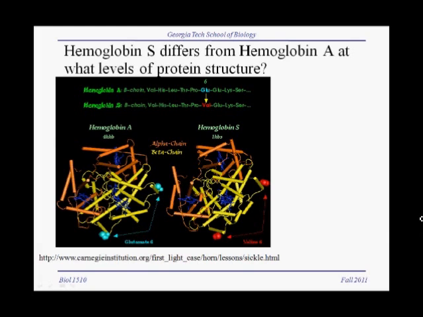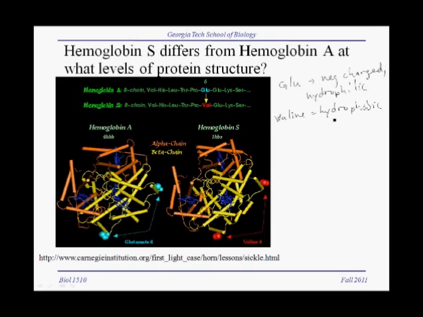So what's the big deal? Glutamic acid is negatively charged, and therefore very hydrophilic. Valine is a very hydrophobic